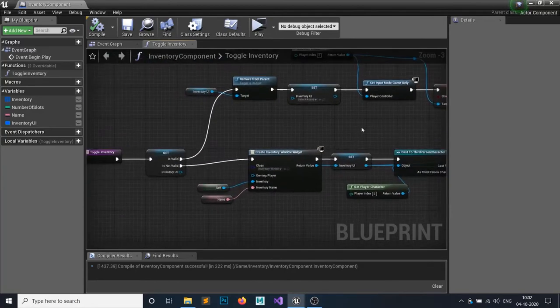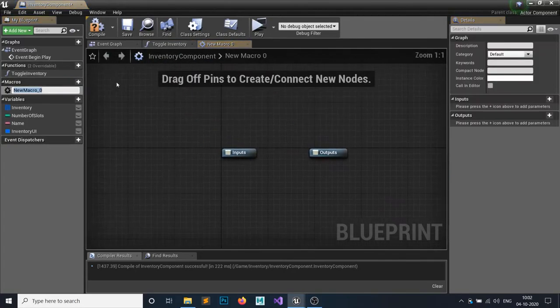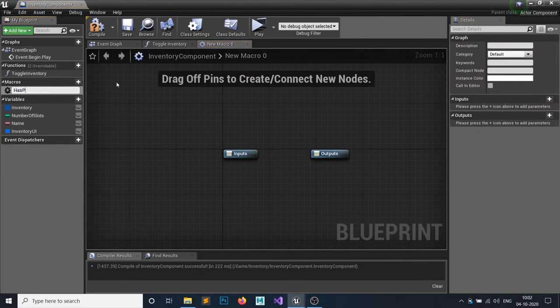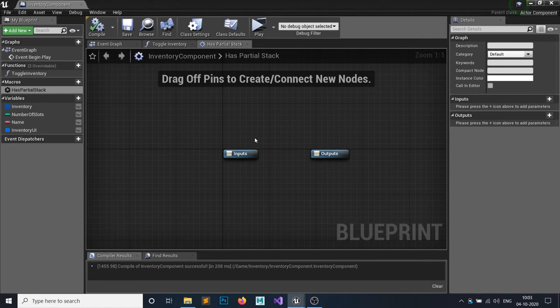We need one macro called has a partial stack. Hit compile and save. Whatever this macro does, it will check if our inventory has a partial stack. Let's say your herb requires 3 herbs in a slot to complete one stack.